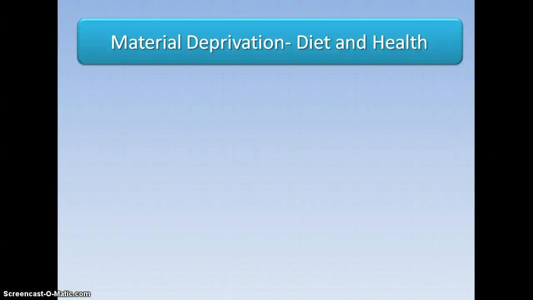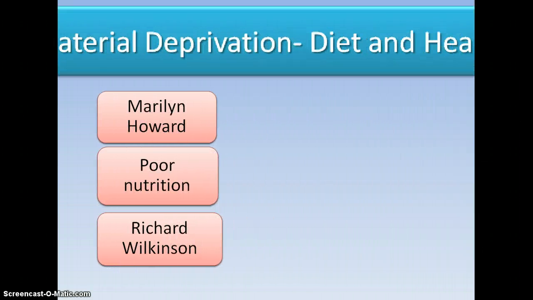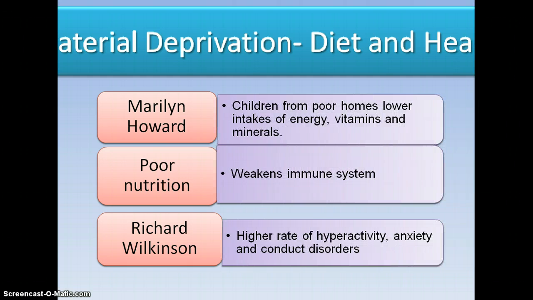Material deprivation continued. Diet and health. So Marilyn Howard notes that young people from poorer homes have lower intakes of energy, vitamins and minerals. And this affects their achievement. Not only does it weaken the immune system, which leads to more absences at school, but it also leads to